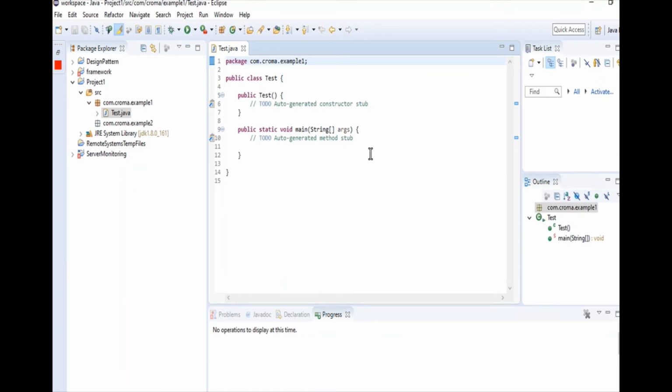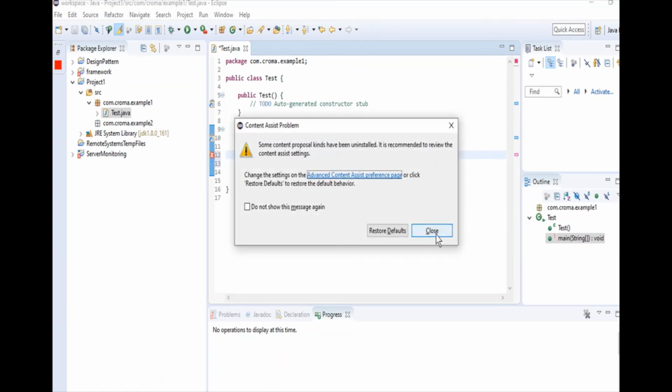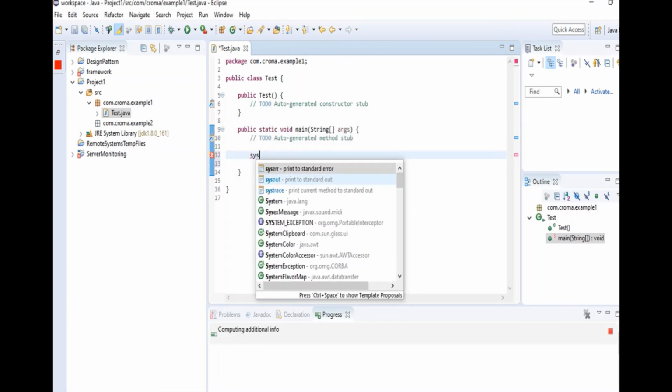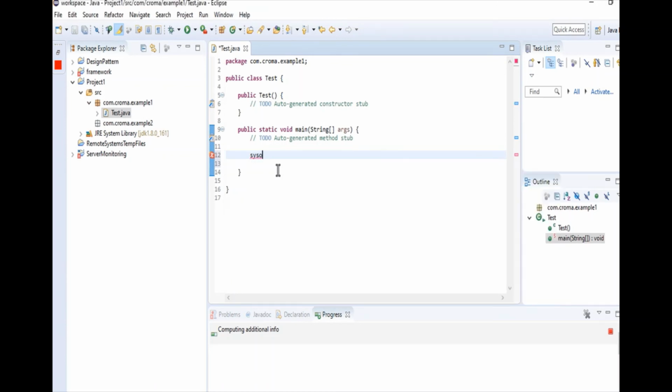For the time being, let's see whether our configuration is done properly in Eclipse or not. Simply, we are writing a statement to print. Once you type sysout, it will show here, and it will convert it into System.out.println. So Eclipse will provide all this help during your coding. Let's write the statement we have typed in.